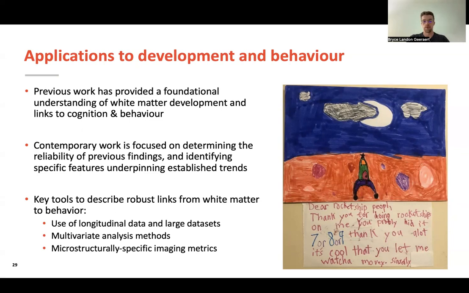Contemporary work in the field is focused on ensuring the reliability and reproducibility of reported findings, and also on digging deeper and finding out what microstructural features are underpinning these well-established trends in the DTI literature. And of course, the same levers and tools that we have to improve the reliability and reproducibility of our findings in brain imaging in general also apply here. So using as much data as you can that's appropriate for your project, bringing in multivariate or multimodal imaging metrics and longitudinal data when possible, and also focusing on microstructurally specific metrics to augment the broad measures like